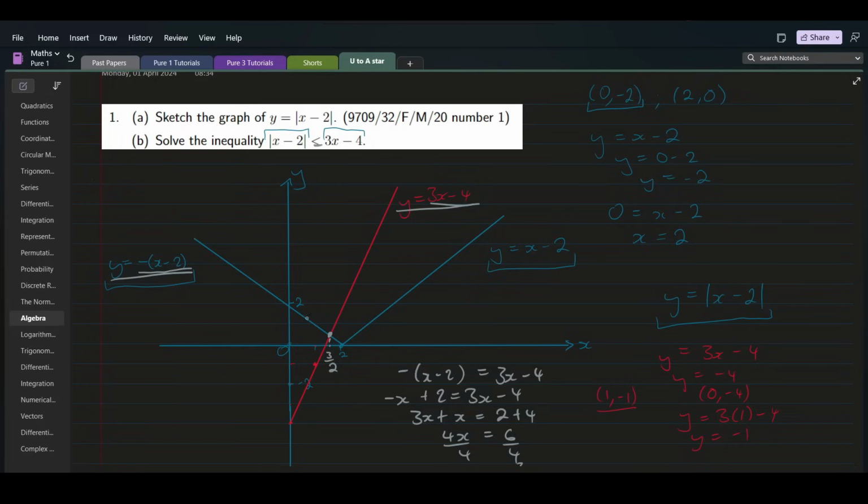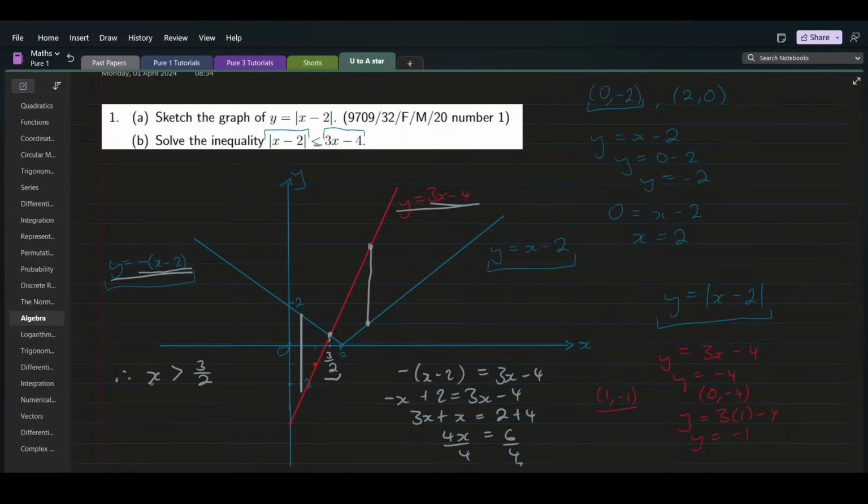So if we take, for example, this point over here, we can tell that at this point, the modulus graph is above the line. But if you go to the right side of 3 over 2, you can tell that at this point, the modulus is actually below the line. So what this tells us is that to the right of 3 over 2 is the region that satisfies our inequality. So that means x is greater than 3 over 2 would be our solution,